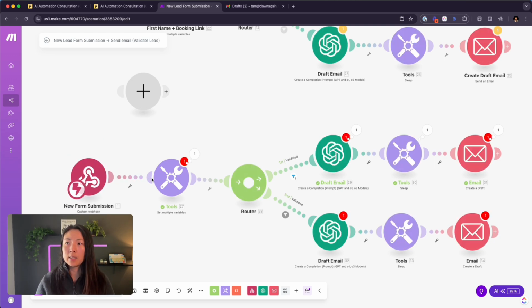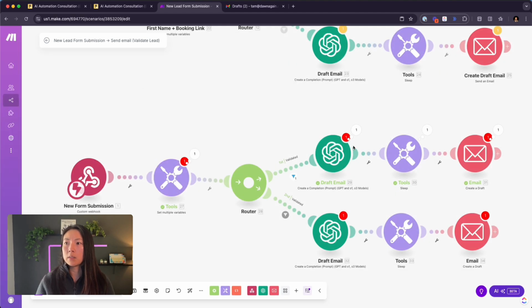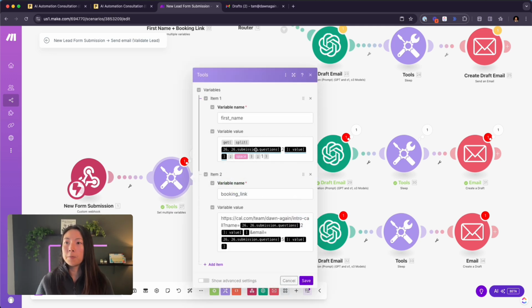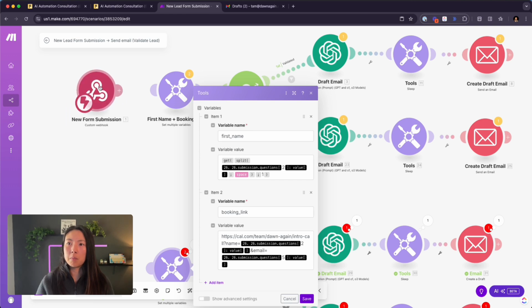You want to connect it here. And you'll start to see here that some of these modules are now broken, right? They've got the red dot up in the corner. They are broken because they are referencing information from that parse JSON module that we had just deleted. So you will need to go in here and update these fields to make sure that they're mapping properly to the actual webhook. We're not going to do that in this video because we don't want this to be a million hours long, but